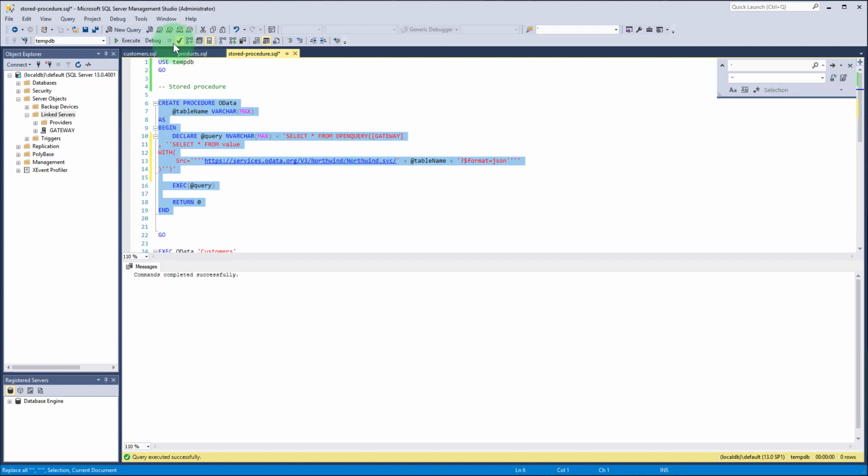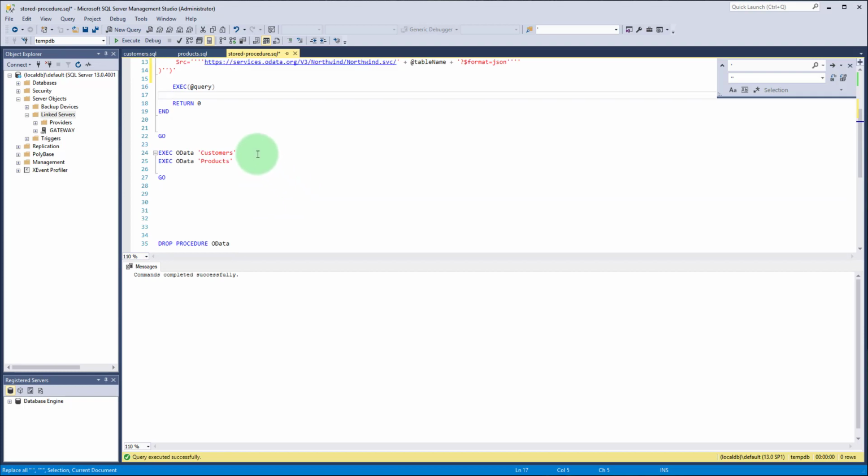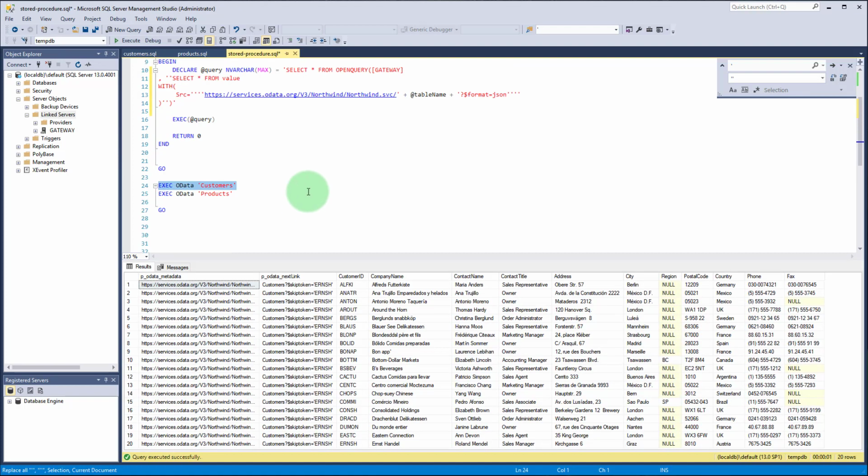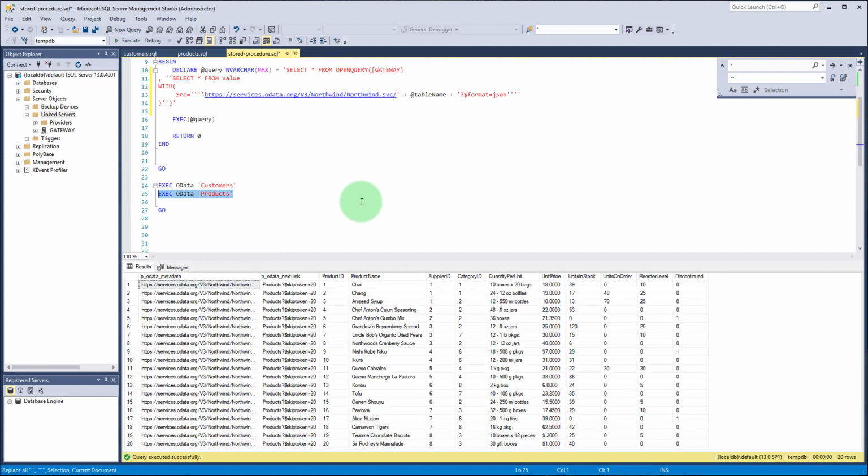Let's select the procedure and create it. Okay, now we are ready to query the customers. Okay, we retrieved customers. Now let's do the same for products. And we also got the products. So this concludes the demo of how to load REST API data into a SQL server, override a URL, and